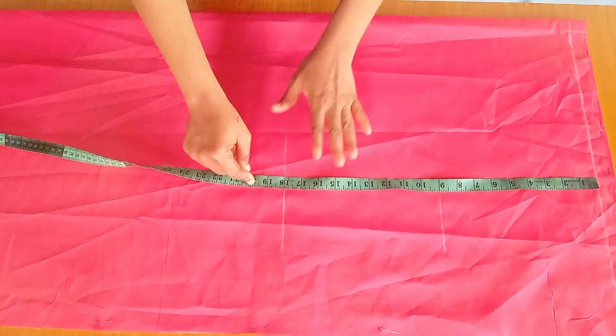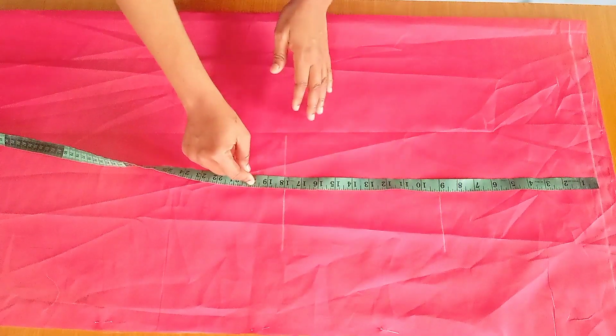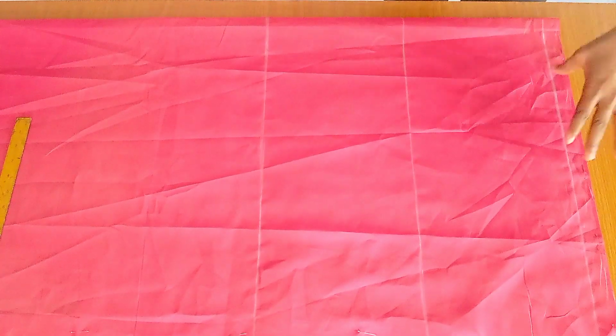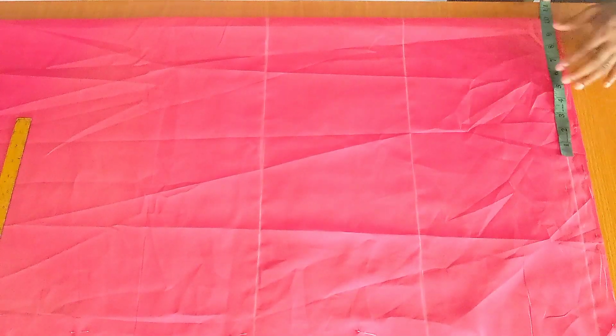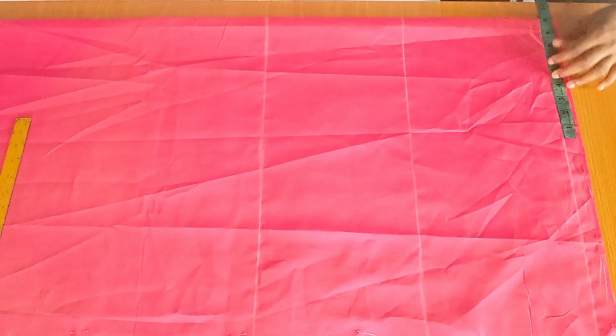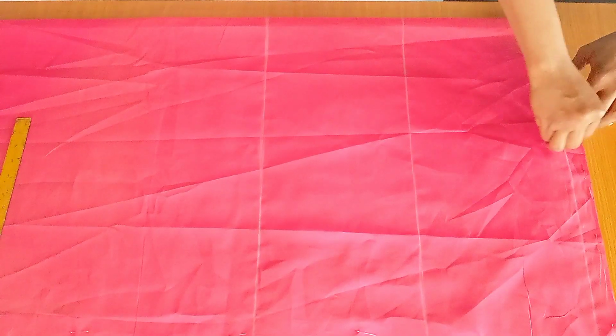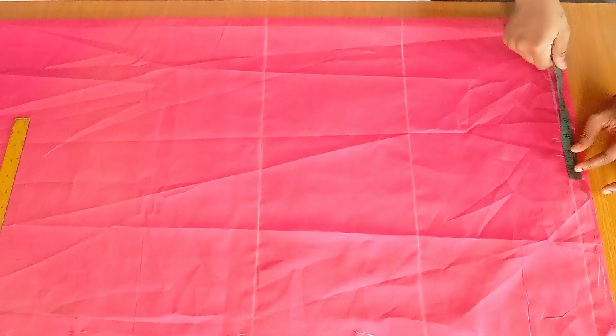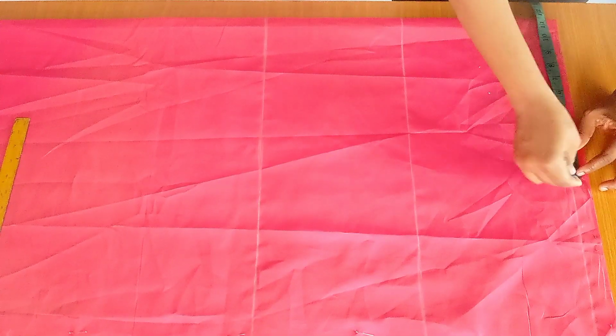So the next thing I'll be doing is to extend this line. On the waist, the circumference I'm working with is 36 inches. So quarter of the waist circumference will give me 9 inches. So I'm going to place 9 inches here. Then I'll add a 1 inch dart allowance. So the sewing allowance is going to be